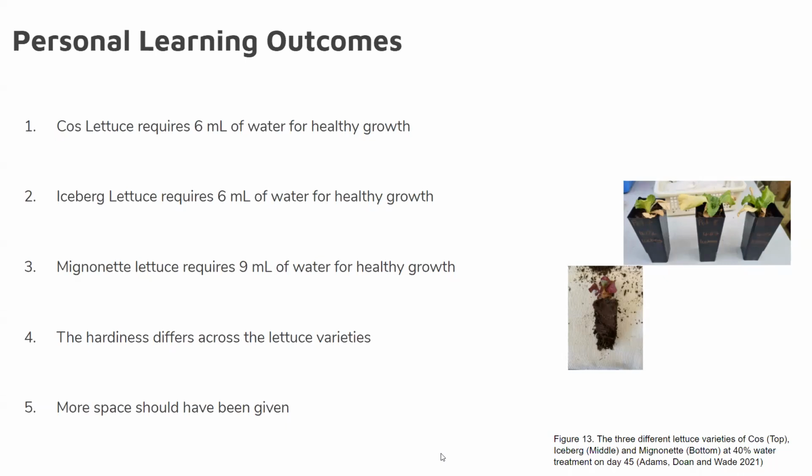Although they could all withstand the lower water levels, the iceberg was considered to be the hardiest as it lasted in a better growth stage throughout the study. A big personal learning outcome for our group was the factor of spatial needs of all the lettuce varieties. These small containers hindered the growth of all the lettuce, although we did see significant differences in growth stages for the different water